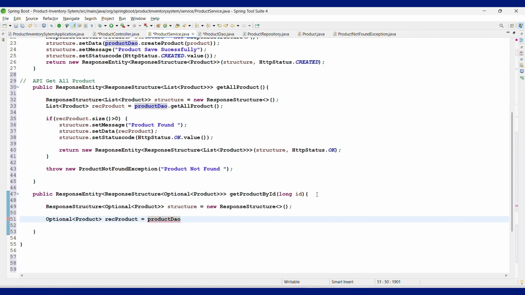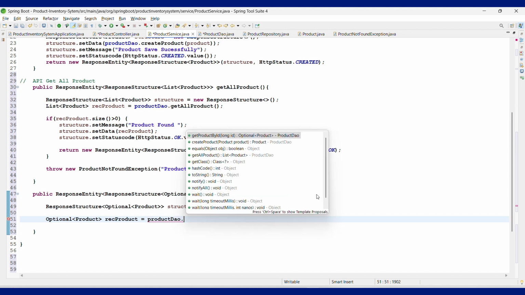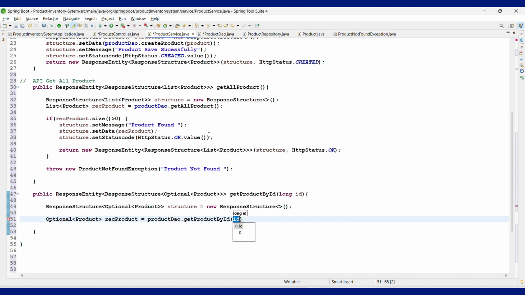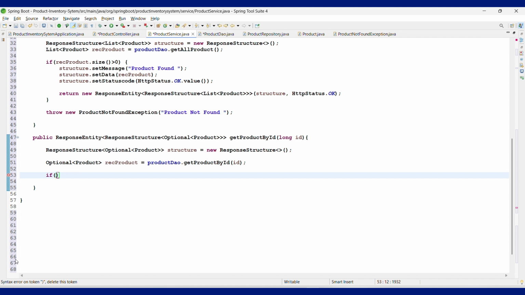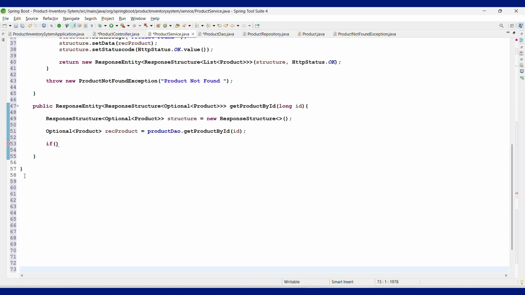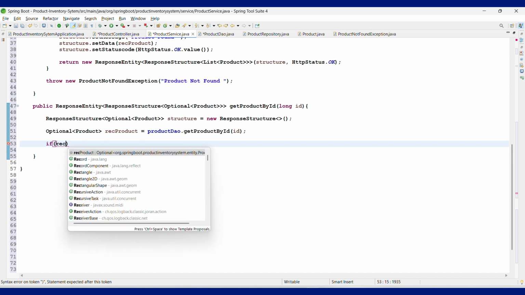So we just use that product DAO, which is autowired with the service class, and call product DAO dot what you need, get product by ID. The ID will come in here, and to validate that ID we need conditional operators, so an if condition. If the received product